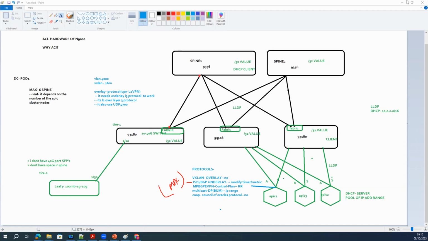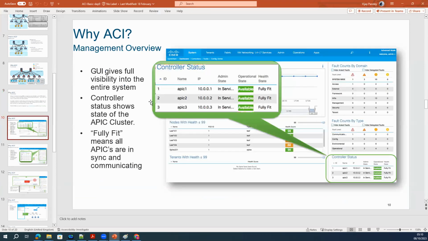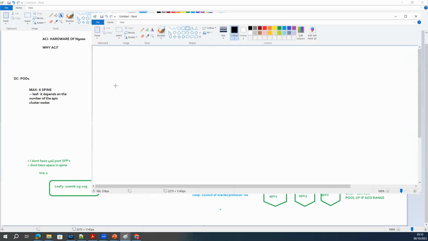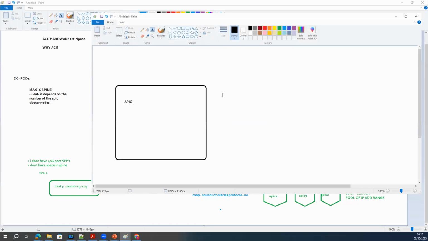Now, if we talk about the APIC, it has multiple ways to control it. If you have one APIC node, it can be controlled in various ways.